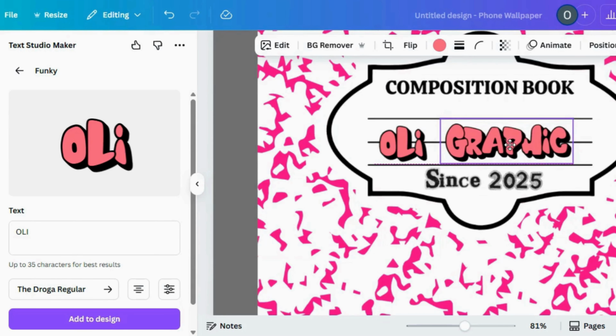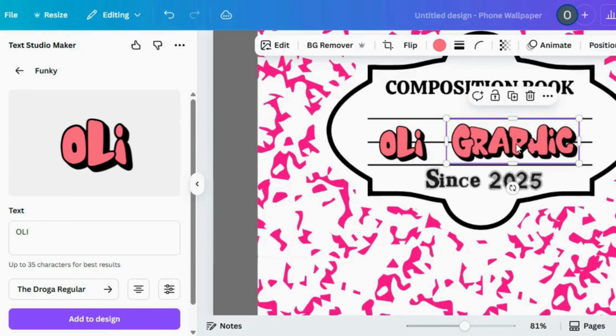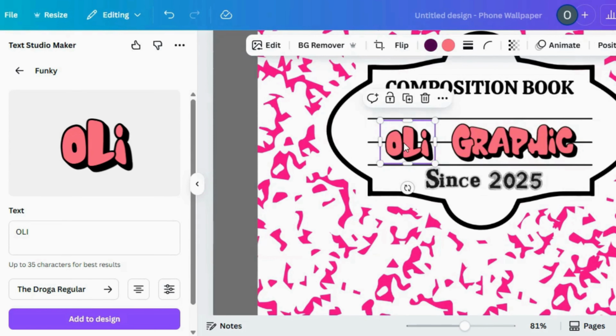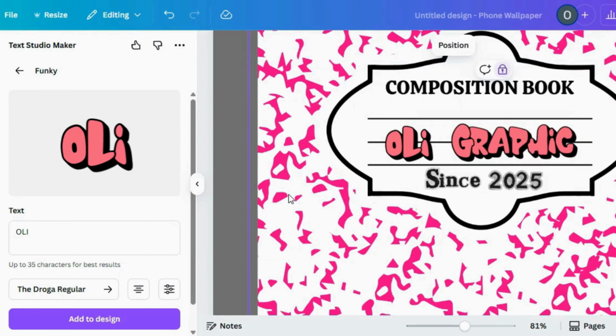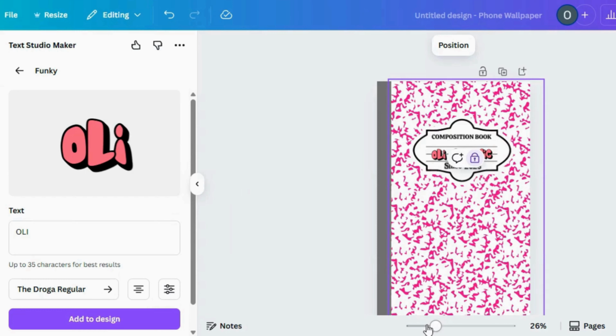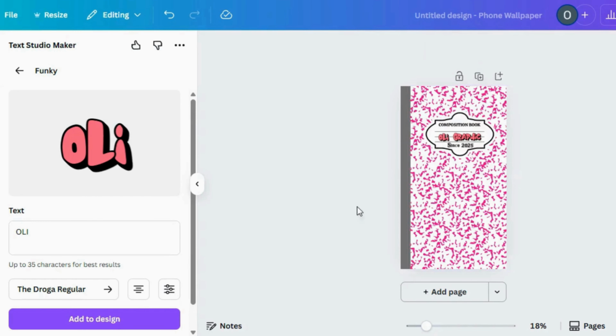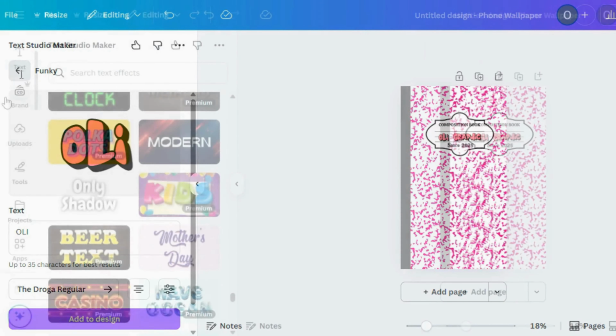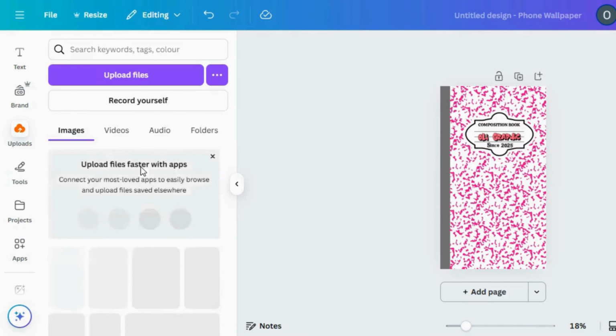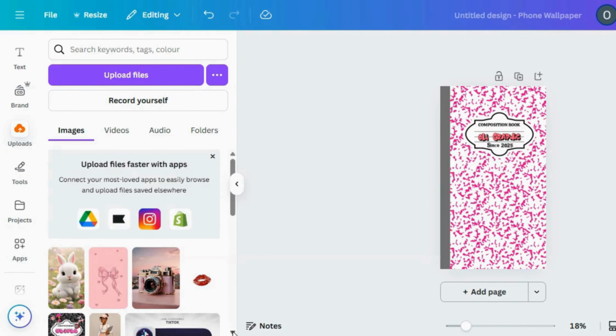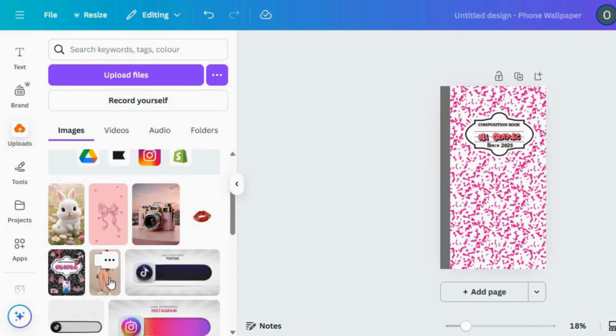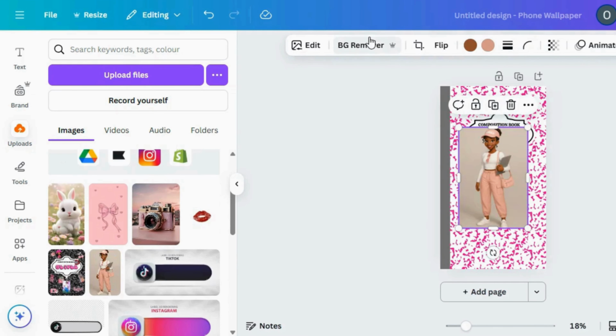Okay, trying to get everything centered. And I reduce the canvas. That's how it looks. And I'm going to exit the apps, and I'm going to go to uploads,